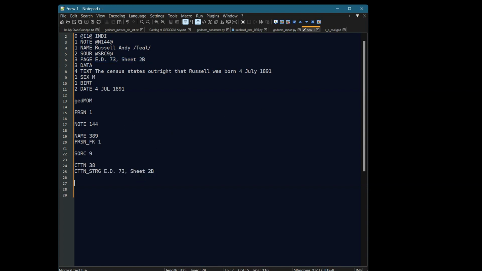This is gedMOM. Data doesn't mean anything. It shouldn't be there. It's in the way. Text means assertion, so we've got an assertion here. Assertion number, that should have an ID, so we'll just give it one. In an assertion record, you link the citation